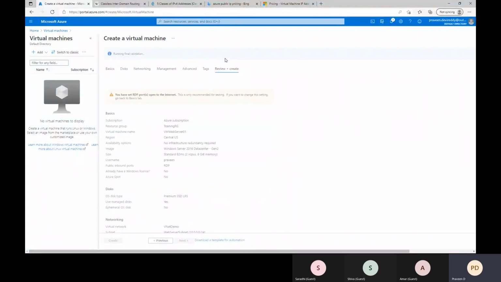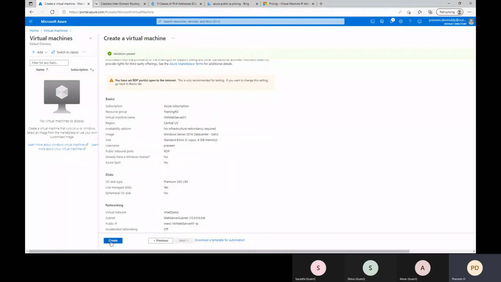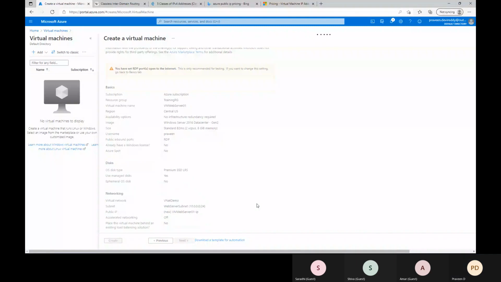We will see the price, how much it costs per hour. For me, it costs 7 rupees 78 paise per hour. So I will click on create. It will take at least 2 to 4 minutes to create the VM.